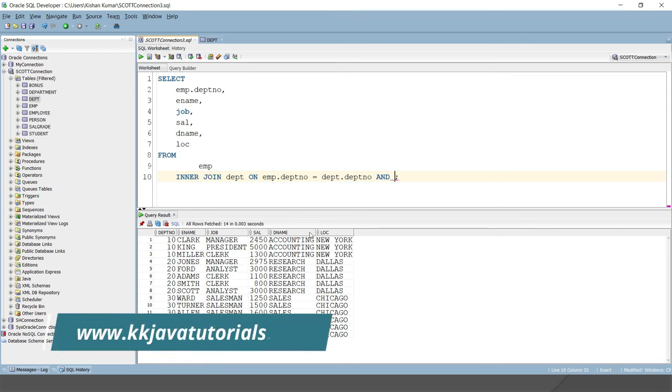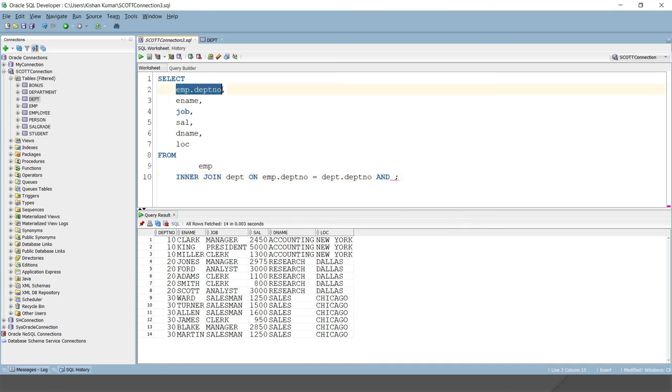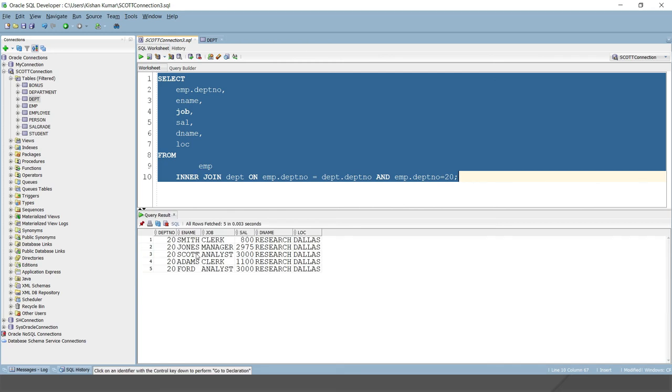Now let's say among these employees I want only employees from department 20, then you can put a where clause as well. So I would say emp.deptno, because this column is present in both tables, equals 20. Now we'll get only records from department 20.